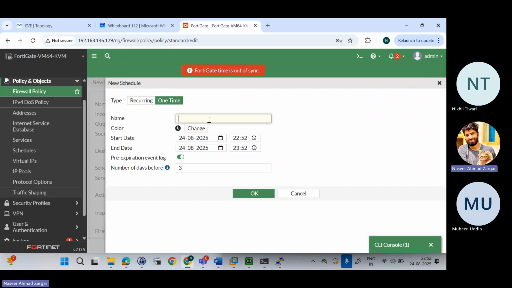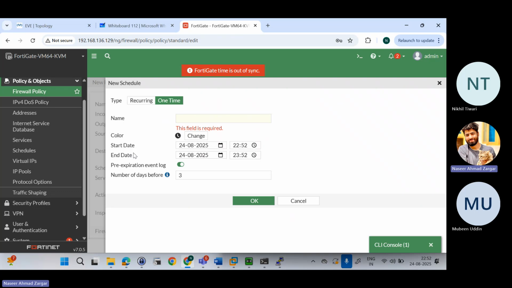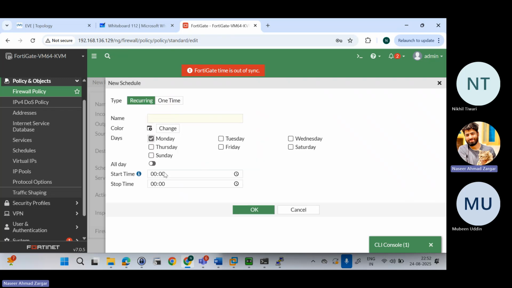I can name it, and then I can say, okay, this is the start date, this is the end date for this one, right? And for how long you want to keep it active, right? This is one time, and if you want to make it recurring, I say that on Monday from 1 p.m., let's make it 1 to 2, right? 1 p.m. to 2 p.m. Oh, it has to be like this. I'll try to fit within the example that we actually have. So we're talking about one of the hostels where you want to give access to the people during the lunch break only, and the lunch break is every day between 1 p.m. to